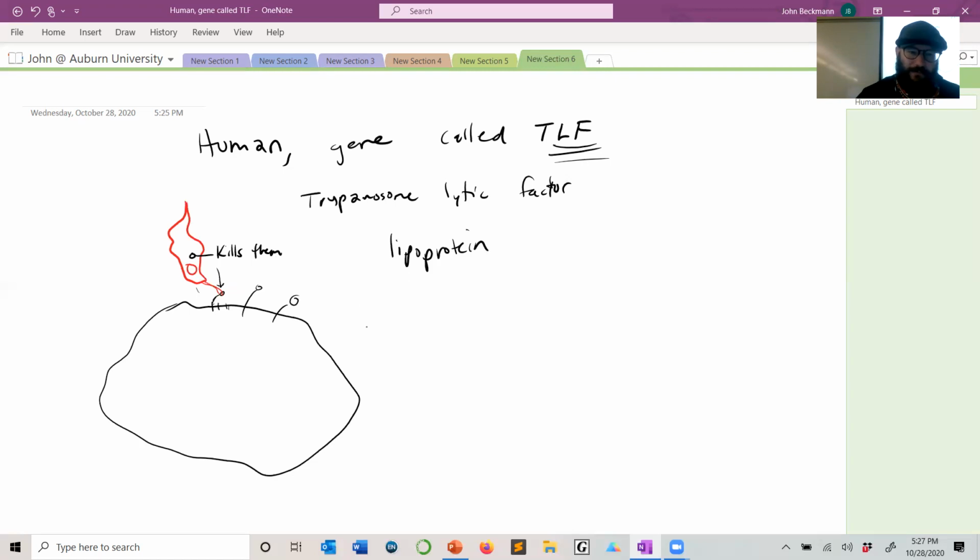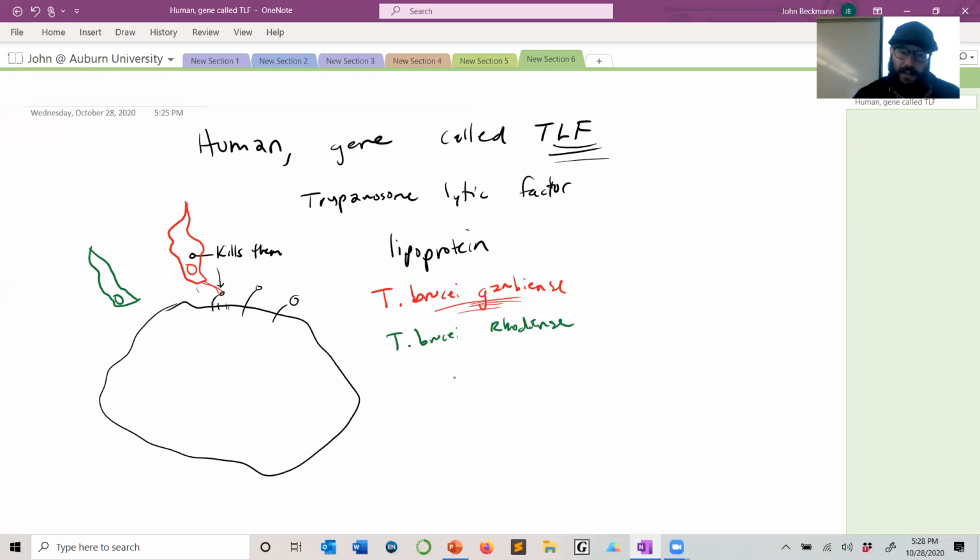But this only kills them if the trypanosome is T. brucei gambiense. So maybe another reason why brucei gambiense is not so bad is because humans have actually evolved a protein that kills it. So we have resistance, in a sense, against that strain. Okay. But in the case of, let's get a different color. In the case of T. brucei rhodesiense,